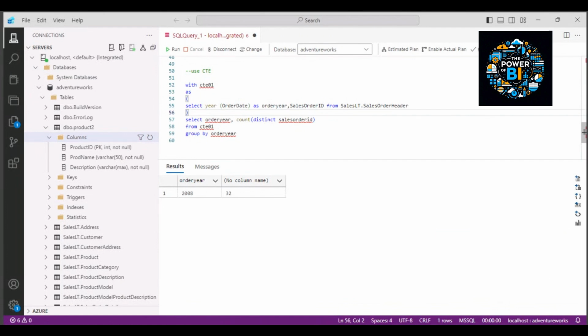It also supports recursion, in which the expression is defined with a reference to itself. So this is it for this section. We have created table views and temporary objects, and we also used common table expressions to write the basic manipulation of queries and create some of the